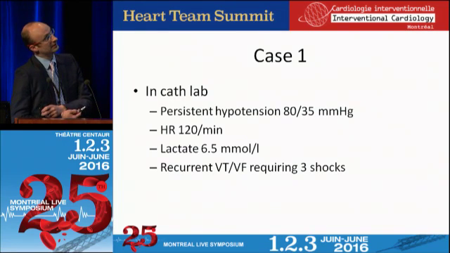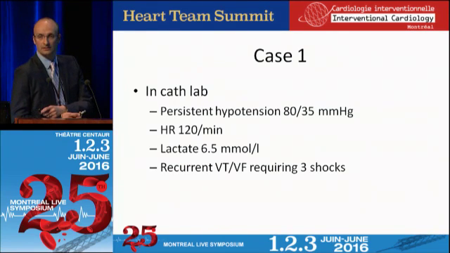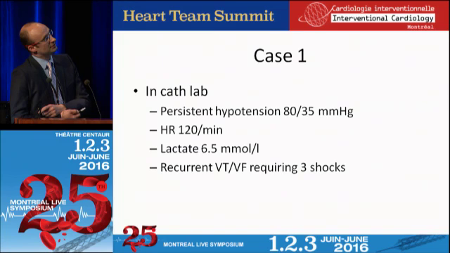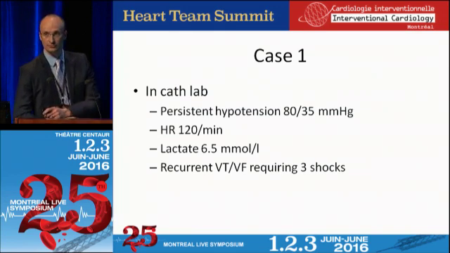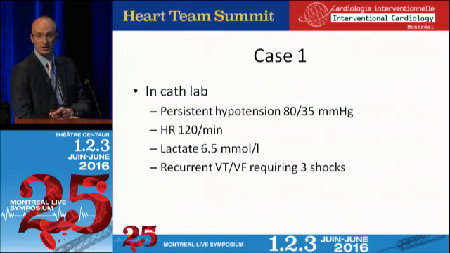But at this point, already in the cath lab, we find that he's persistently hypotensive. One negative prognostic indicator is a pressure less than 90. Often you'll have this patient already on one, two or three vasopressors and they're still hypotensive, showing that it's not a systemic vascular resistance problem. It's probably more of a cardiac output problem. There's tachycardia, which is an appropriate response to poor LVEF, and a lactic acidosis, which is in part related to the cardiac arrest, failure to clear his lactate, and potentially ongoing shock.